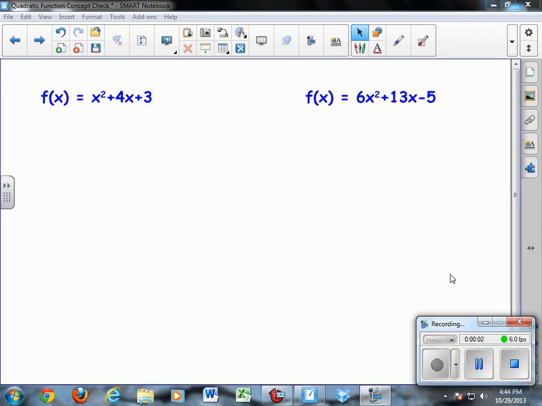This is part 3 of the graphing quadratic functions videos. This is the one where we're talking about standard form of the equation. Standard form is when it is in the form ax squared plus bx plus c. Now when we're in standard form, the only really obvious point that we can find right off the bat is